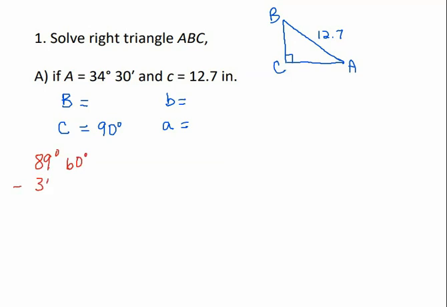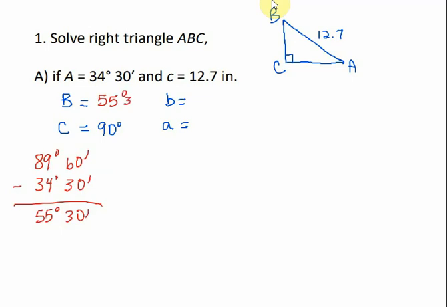And I'm going to subtract 34 degrees 30 minutes. If I subtract 30 minutes from 60 minutes, that leaves me with 30 minutes. And if I subtract 34 degrees from 89 degrees, that's going to be 55 degrees. Okay, so angle B is 55